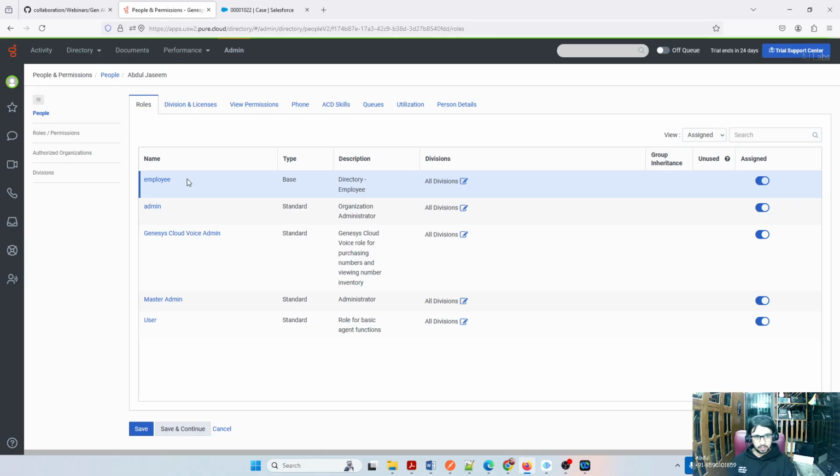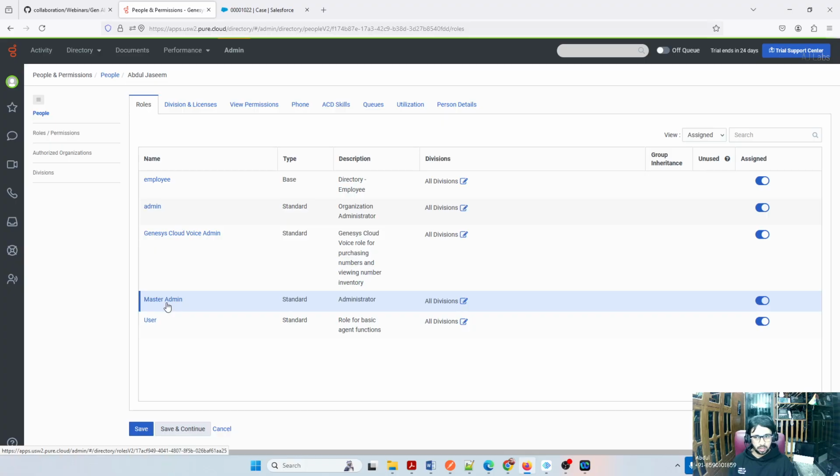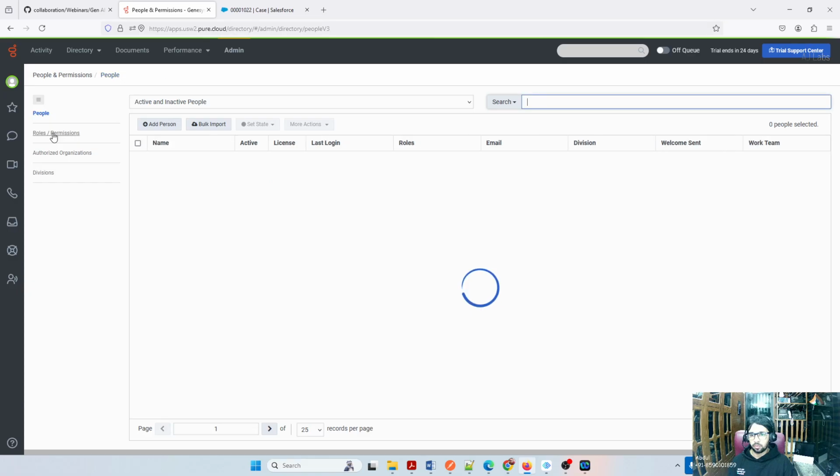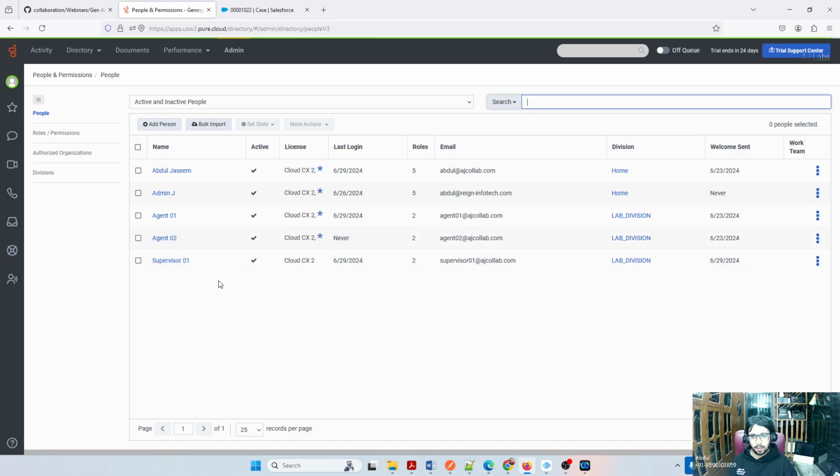But if I wanted to answer some interaction like chat or call, I need a user. But here I am a master admin, so I can configure all the flows as well. So this is one area where you configure users. To add a new user, it's easy. You go there and... So the master admin is the one which will have the architect functionality, or the features evaluation.